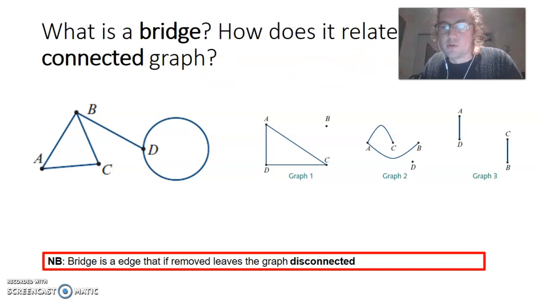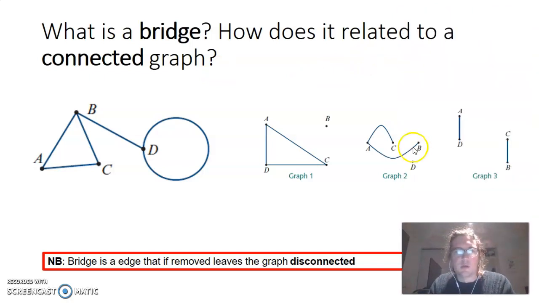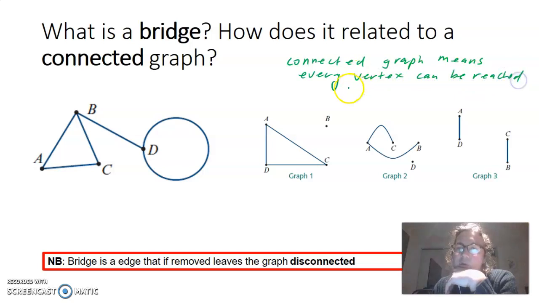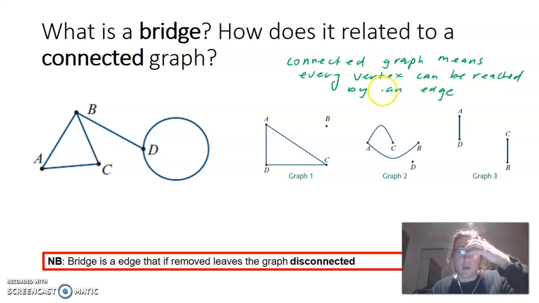Okay, 9C-2 is connected graphs. So I might just define that now for you. A connected graph means every vertex can be reached by an edge. So a good way of thinking about it is, if I start somewhere on a graph and